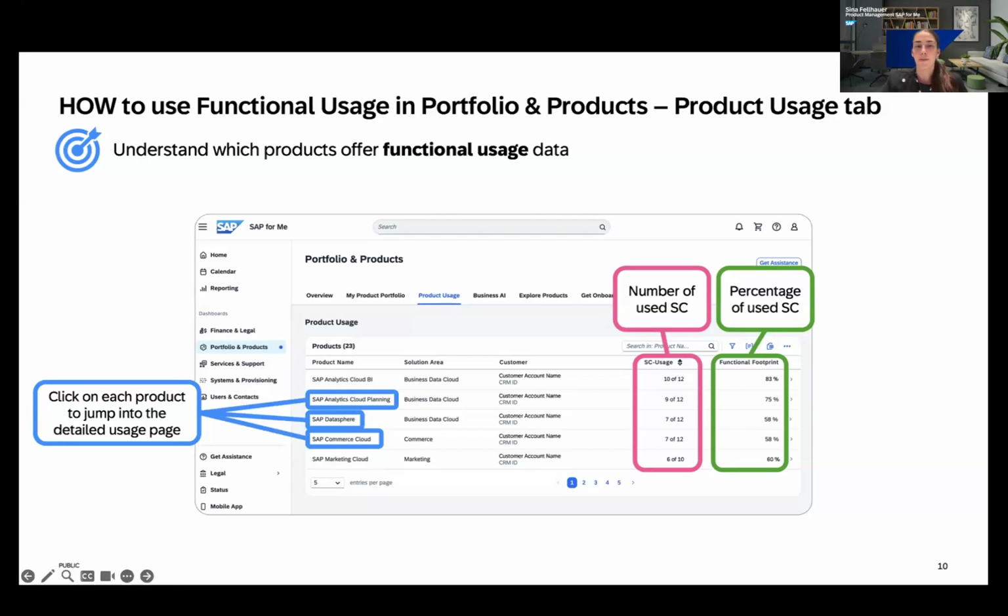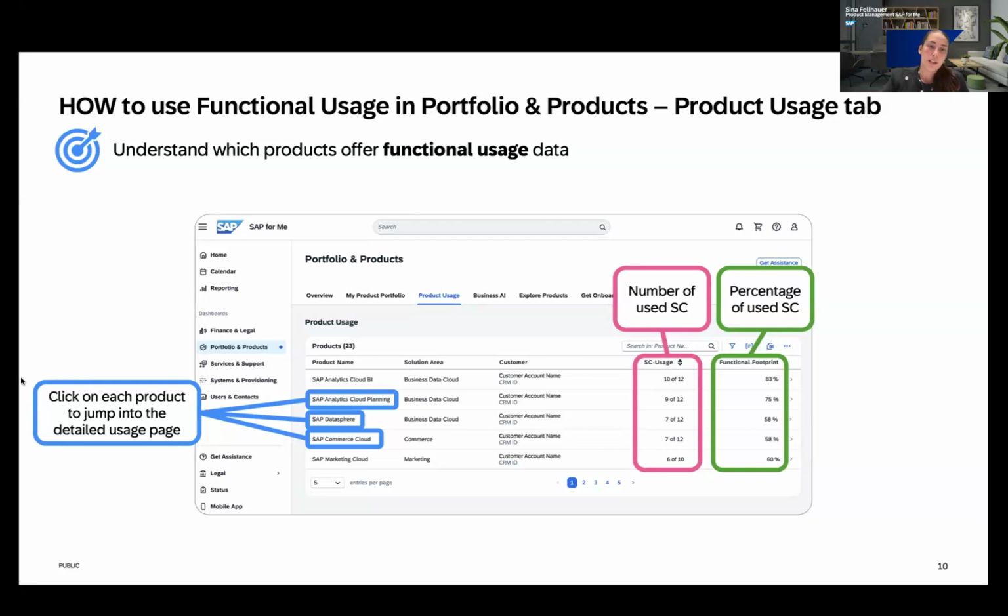If you want to get a broad overview, I would always recommend reporting as a first step into this data pool, to understand where am I, and are there maybe areas for action? And then if you really want to dig into one of the products and get into the nitty-gritty details, I would recommend going here and looking into the individual products.